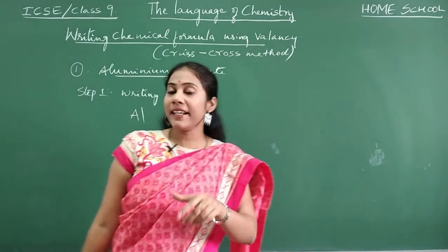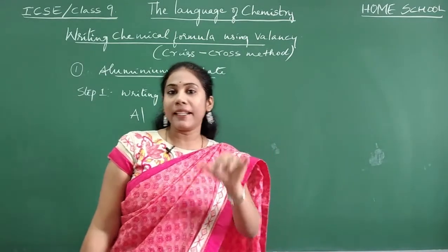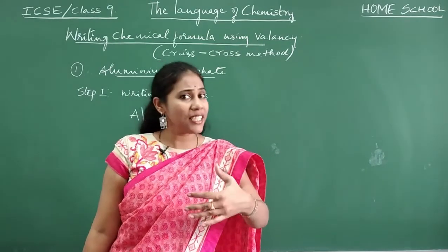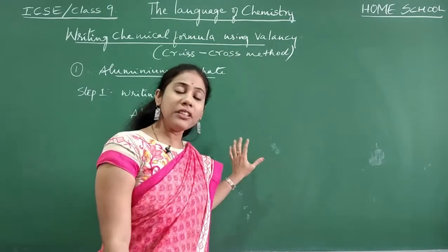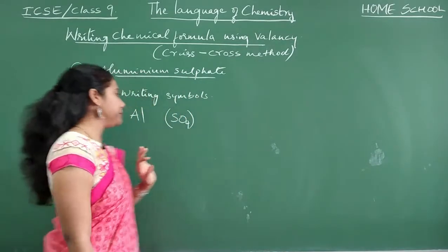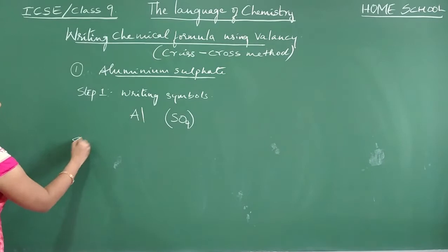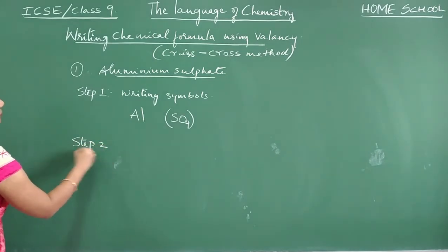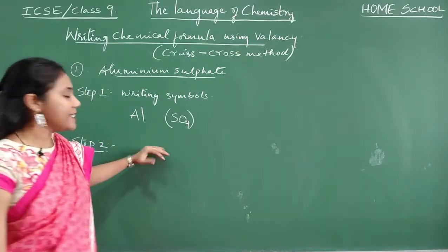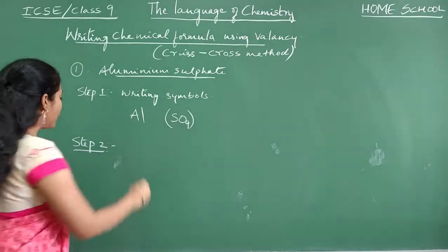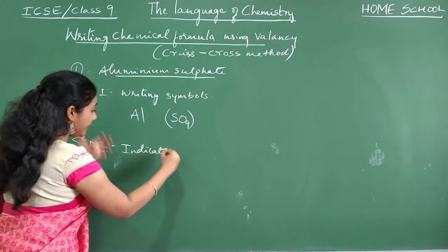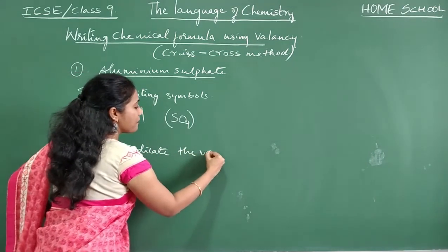It is not that every time you should put a bracket and indicate them. Just to avoid the confusion in the initial level, we put the polyatomic group in a bracket. Okay, fine. And now step number 2. Step number 2 is indicate their valencies below the symbols. Okay, so indicate or write the valencies